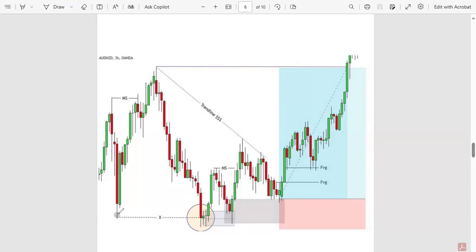So you can see we had this sell side liquidity. Price swept this swing low and we expected price to go higher after this market structure shift. You can see that market structure shift there. Then price went down, and then up, and you can see the market structure shift. Then it left behind this order block, and that's where price came down and tapped into this order block. But if you missed this